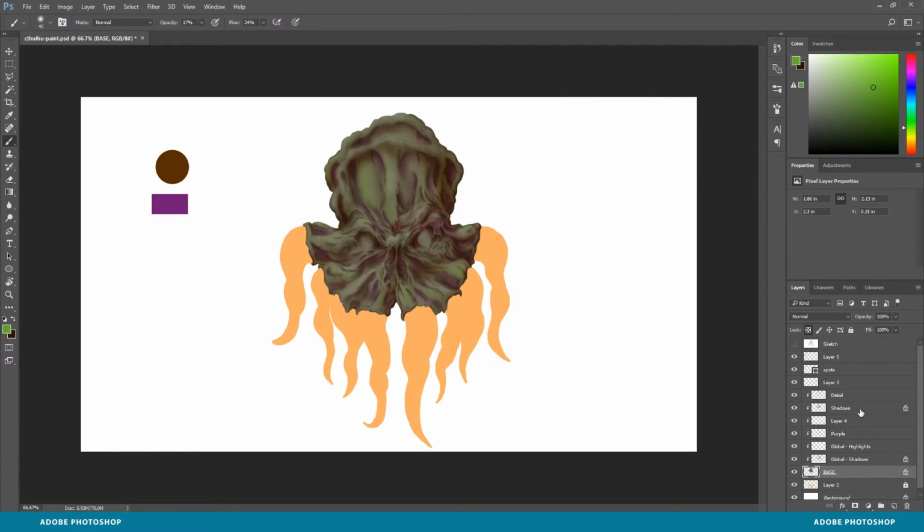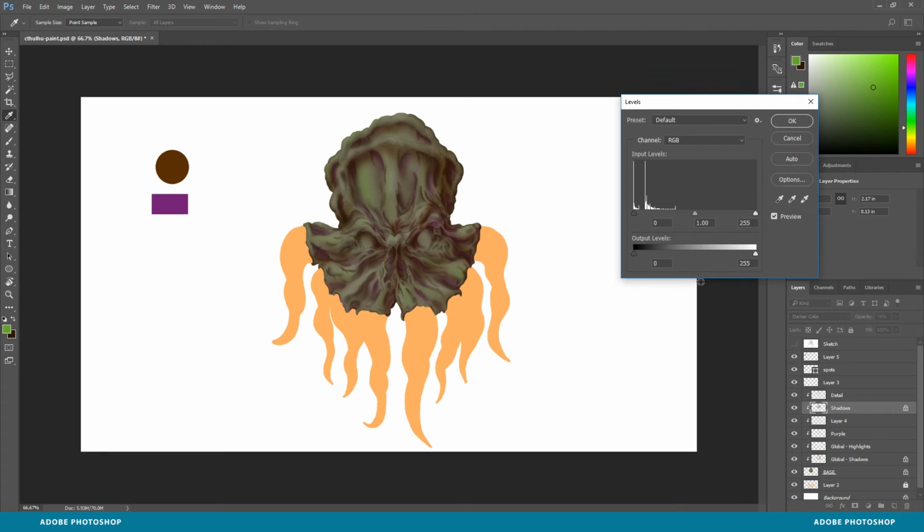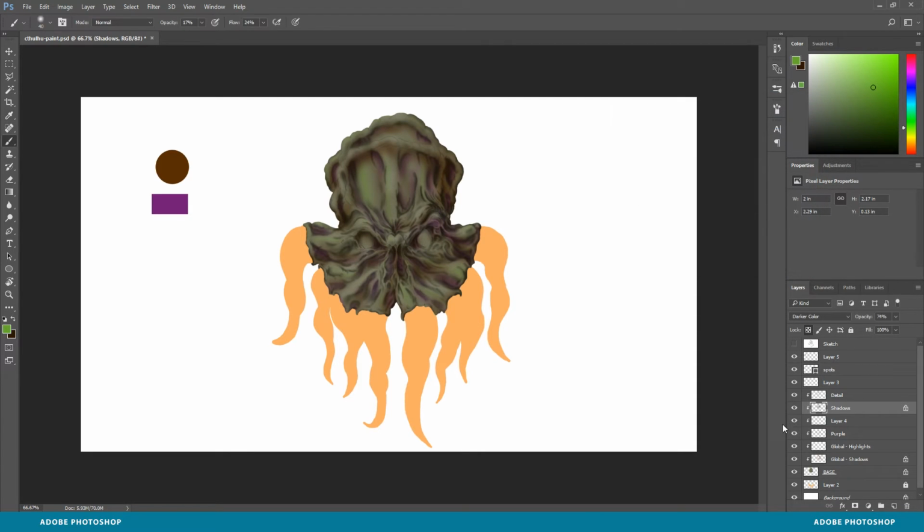Let's just play a little bit with the shadows, see if we can bring the level up a little bit, just to make everything stand out a little bit more. That looks okay right there. But yeah, that's one of the great things about using Photoshop is